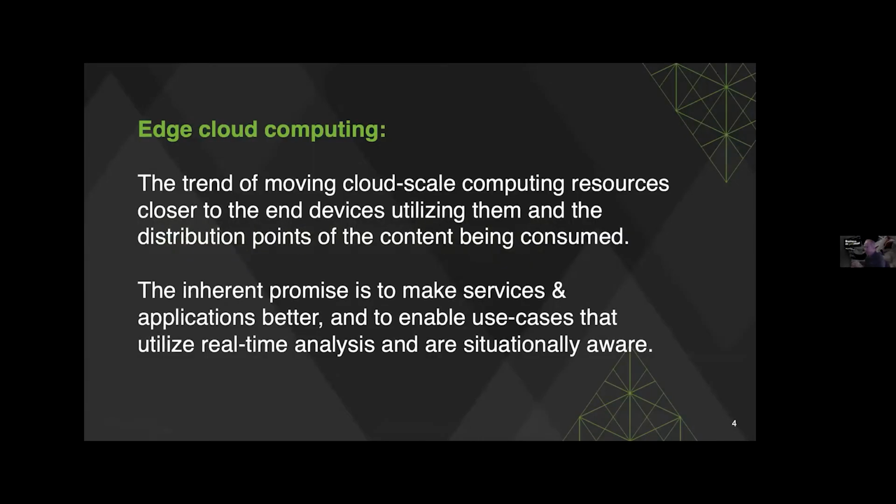I think really what edge computing is about is getting these at-scale resources closer to where they're going to be used. We know from all of the trends we see and all the reports that the companies at this conference put out about the trends in the marketplace, and I'll come on to a few of them in a minute, that there is a wider and broader range of devices consuming content. The trend is really in moving the workloads towards where they are. And the concept therein is to, as it says, make these things better.